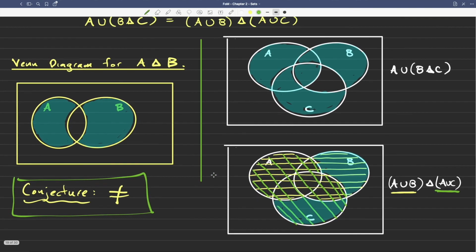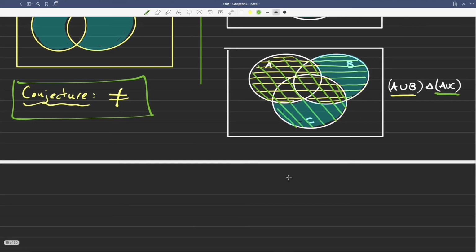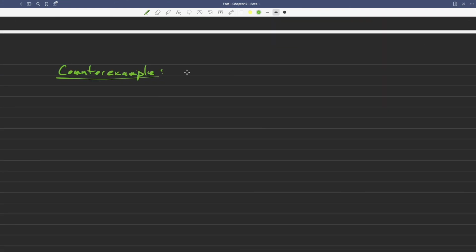The Venn diagram can help guide me. So why are these things different? I don't know. It looks like we could come up with a counterexample using just about any three sets that mutually overlap, as long as they are not equal sets somehow. So let me just try something here. For a counterexample, I'll do A equals the set